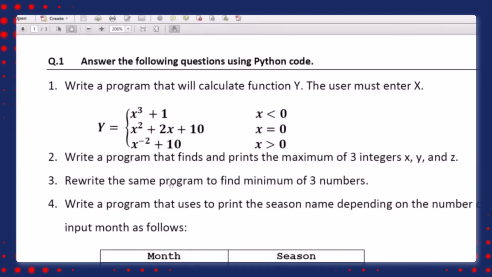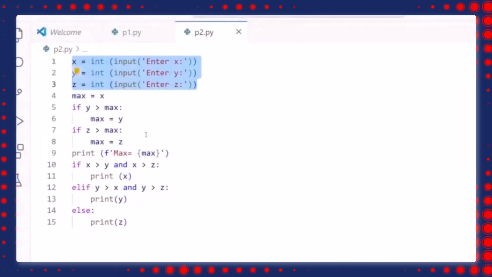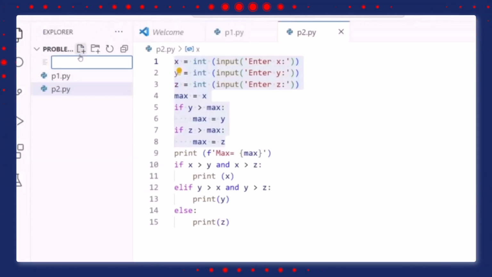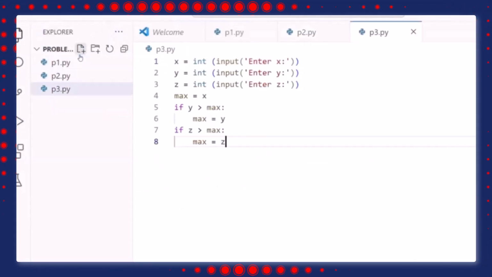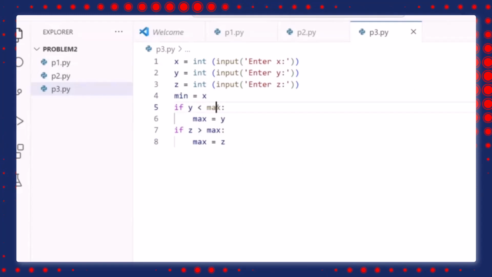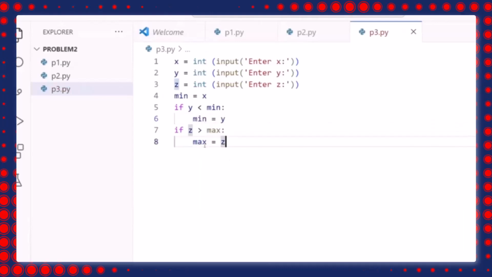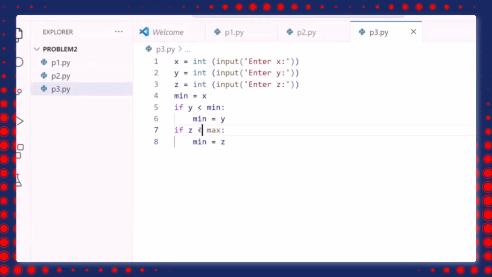Question number 3. Rewrite the same program to find the minimum. That's easy. So here, I will take the same code and create a new file, p3.py. Minimum is equal to what? If Y is less than minimum, do you agree with this? Then minimum is equal to Y. It's just comparing the smaller one. Now I'll be comparing Z, and if Z is less than minimum,